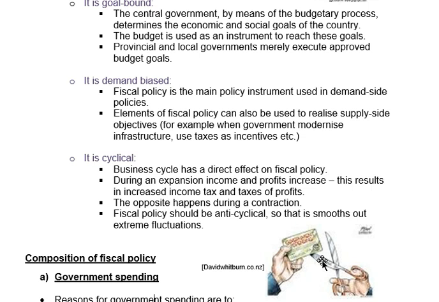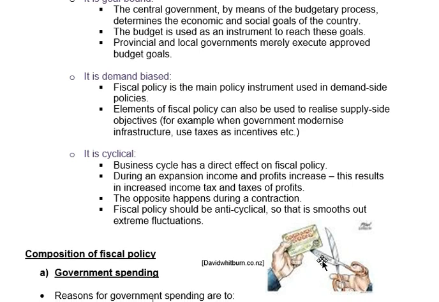Right. Obviously, the opposite is going to happen during a contraction. Right. During a contraction phase, when people are losing their jobs, people are not earning an income anymore. And if you don't earn an income, you are not paying income tax either. So the government will see a drop in the revenue that they receive from income tax. Same thing, because people don't have an income, they also will not be spending a large amount of money, and businesses will see a drop in their profits, possibly even losses. Obviously, if businesses are not making profits, they also do not pay corporate income tax. So again, the government will see a drop in the income tax that they receive.